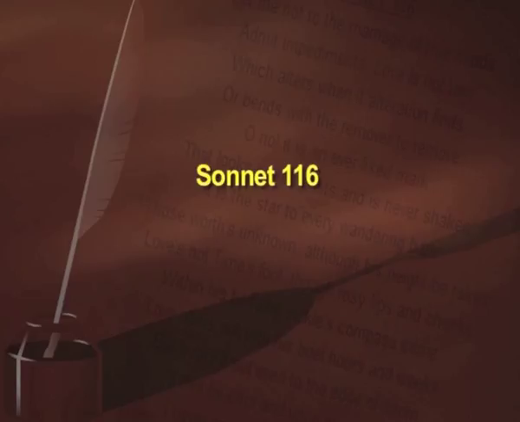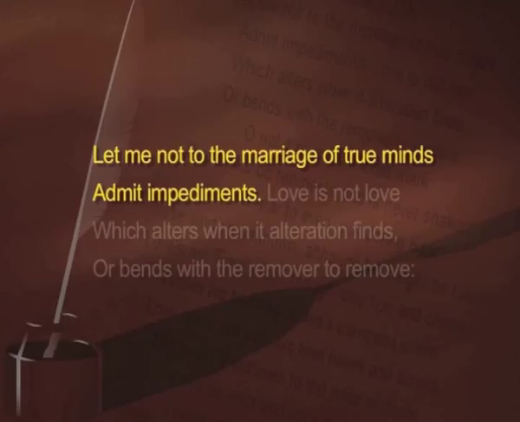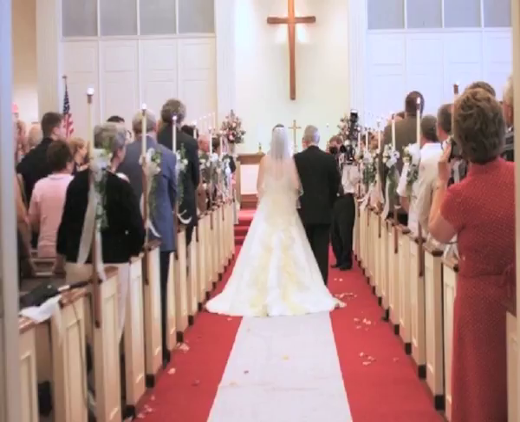This is because we assume also that the 116th sonnet belonging to the first part of the sonnet sequence, sonnets 1 to 126, is addressed to the young man. So therefore what we can say is that the speaker is maybe the poet himself, but an older man who is addressing a young man and trying to teach him what exactly love is all about. When he starts out with, "Let me not to the marriage of true minds admit impediment," he is using a phrase which comes from the Christian marriage service.